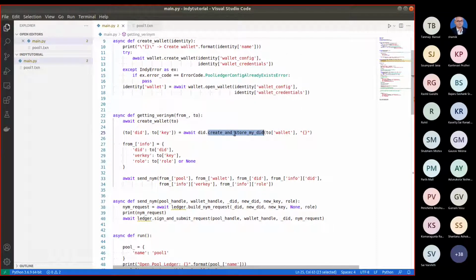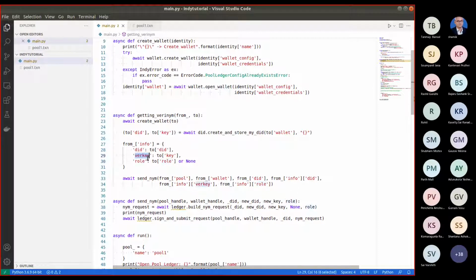So when we call this create and store my DID for the steward also, we did not store it in the ledger. As I said, that is already there in the ledger, so we did not store it. But here, after storing it in our wallet, we will be explicitly sending it to the ledger. Okay, now this payload is formed using the DID, the verification key, meaning public key, and the role.